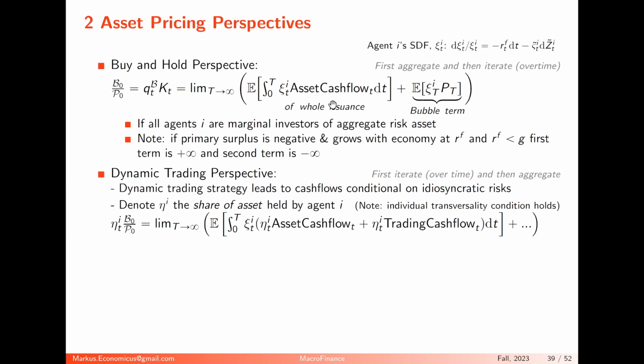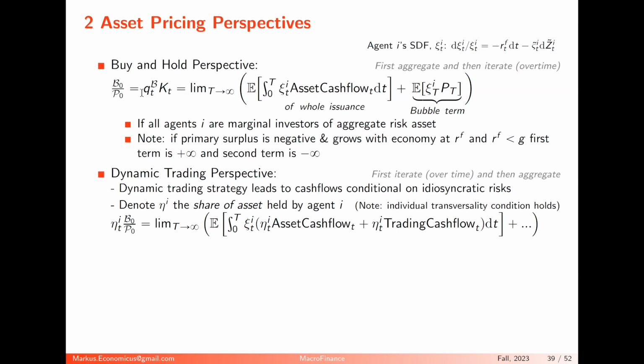So the problem is only if R is smaller than G, there's this bubble term. Let's suppose you have a government debt which grows with GDP, and GDP grows at 3%, and the risk-free rate is 1%. Then you have a deficit. And so the cash flow is negative and grows, a negative that grows with 3% with GDP. And I discount, bring everything back by 1%. So this becomes minus infinity because there's a primary deficit each period, it grows with 3%. I discount with 1%, it's minus infinity. So the bubble term has to be plus infinity because I get a finite number here. Okay. So it's not really meaningful to do that.